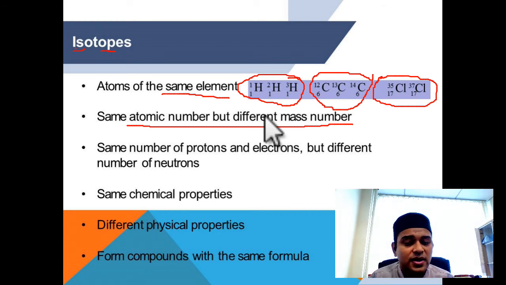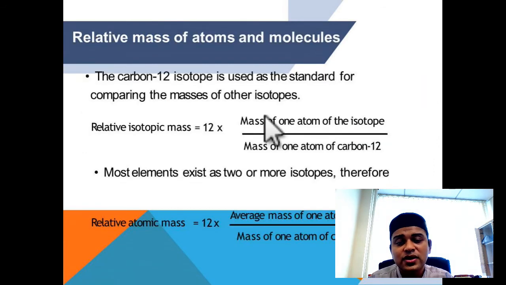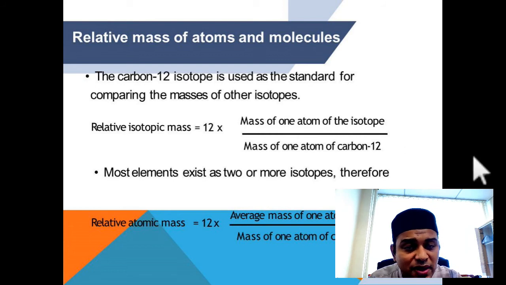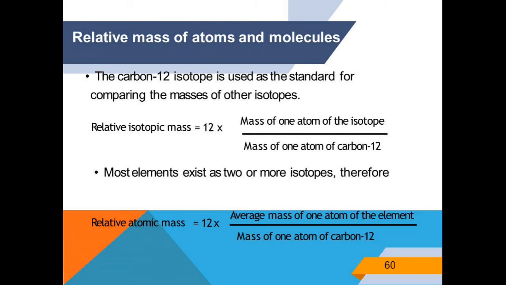nucleon number, mass number. Therefore, they are going to have different physical properties in the sense of melting point, boiling point, and also the size of the atoms will be different. But nevertheless, they have the same chemical properties, different physical properties, but they still have the same formula for each of them. So guys, those are the very simple definitions for the terms that we normally look at: